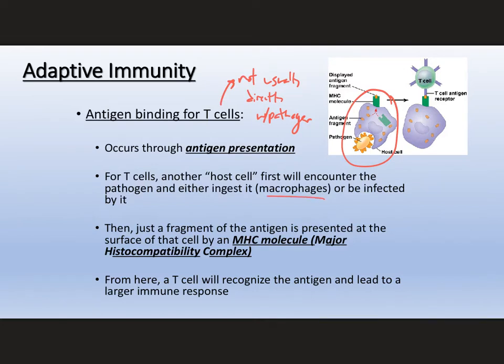Maybe it's a macrophage. It does phagocytosis, eats this pathogen, and then it's got something called an MHC, or major histocompatibility complex. That's a mouthful, right? But an MHC is basically just a modified receptor